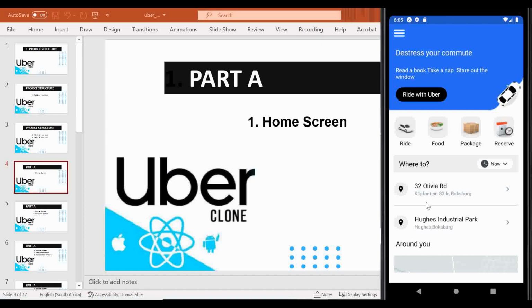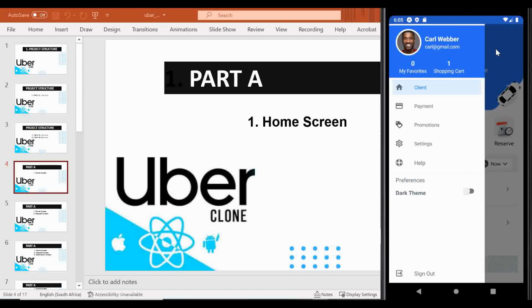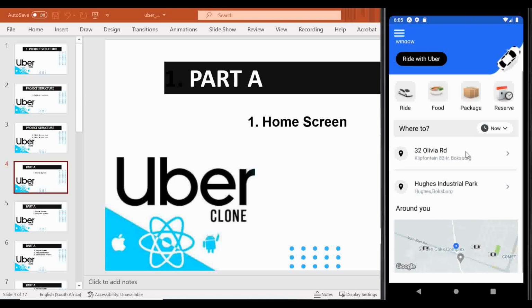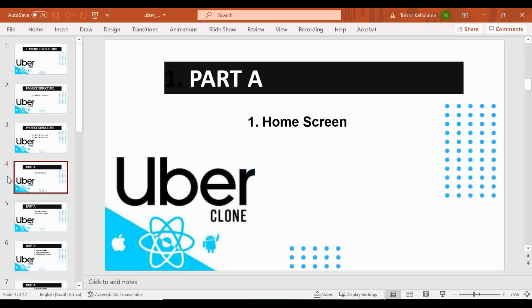This is the home screen. This will be the first screen that we're going to build. As you can see on the emulator, all this is part of the home screen, the drawer navigator and all that, and the map and the cars around you. This is part of the home screen. So let's go back,